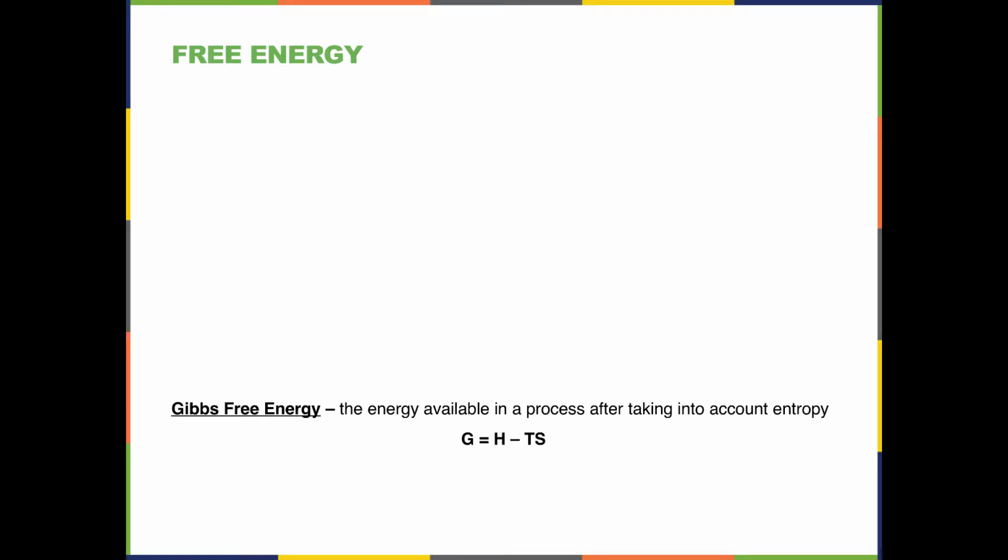So free energy is equal to the total enthalpy of reaction, we talked about this several months ago, minus the temperature times the entropy. So if you take the total energy in a process and subtract that part of the